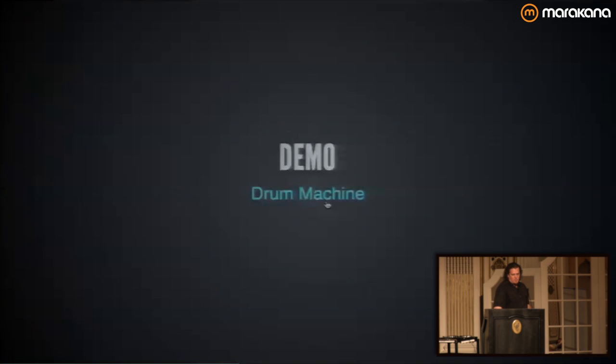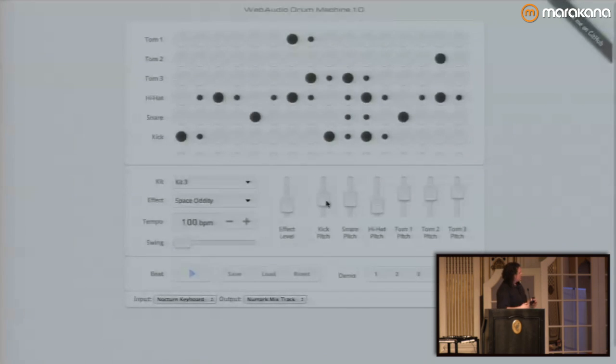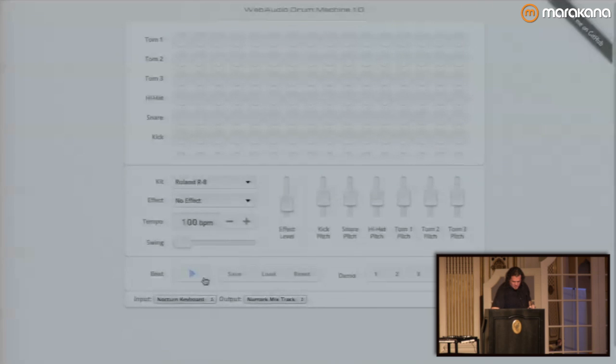But it means you can build things like a full-on drum machine. And this is actually also a pretty old demo. This one's been around for a while. But it basically just lets you set up beats. And if we want, we can completely reset this, start it playing, and we'll just